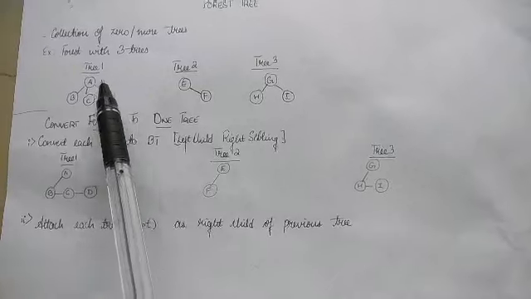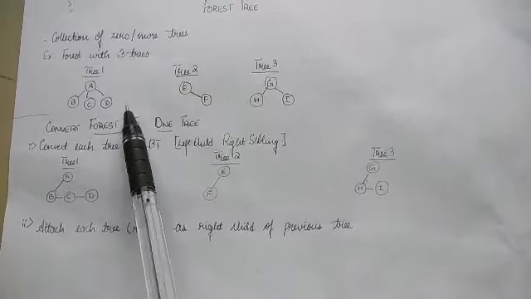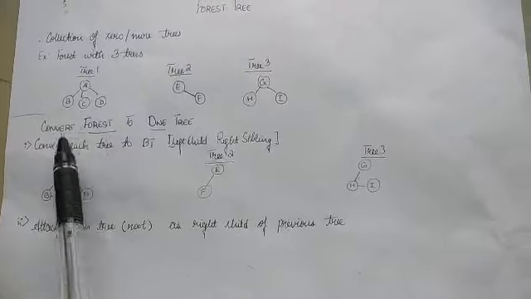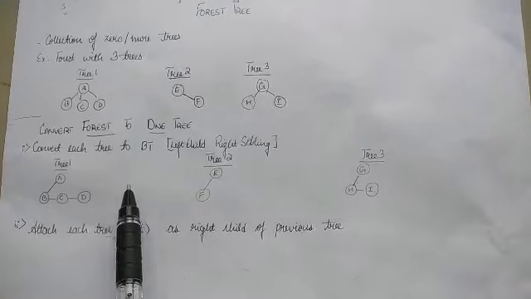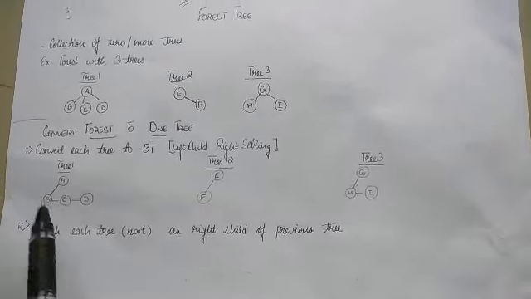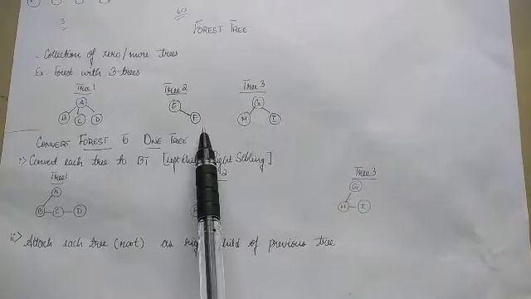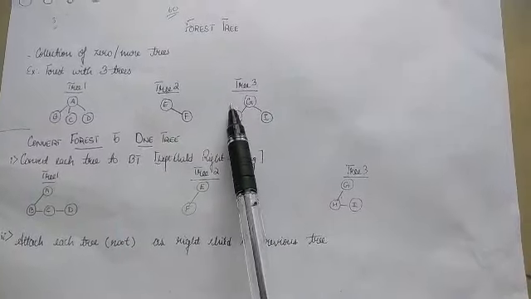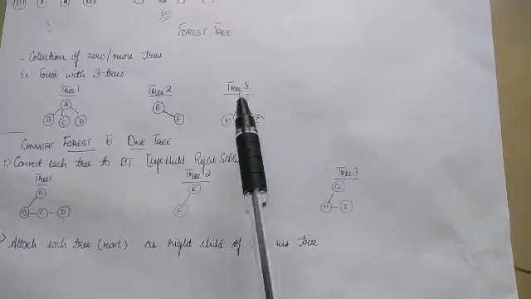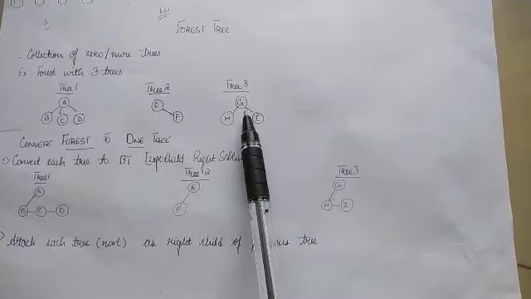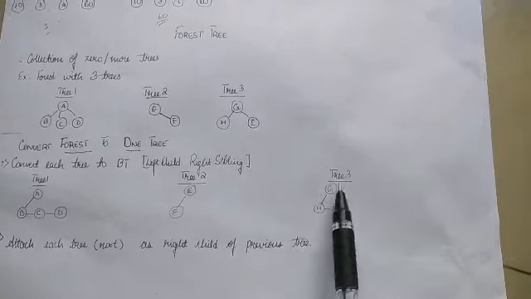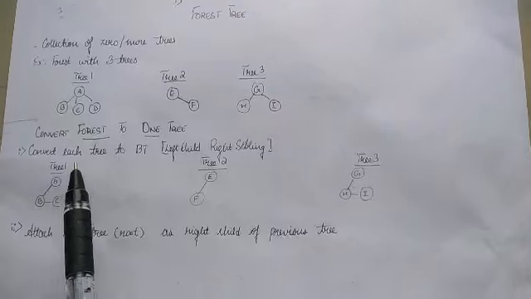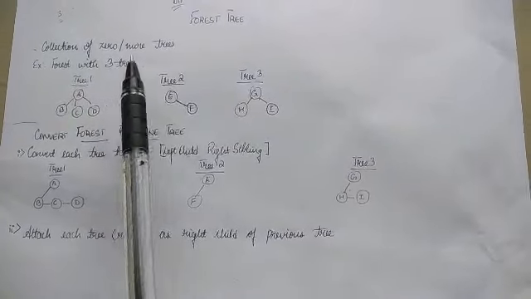So tree 1, root node is A, you write it here, and then B, C, D are the child nodes. So you make it left child right sibling. As the left child, you have B. Then you make the other two child nodes C and D the right siblings of B. Consider tree 2. It has only one child. So make F the left child of node E. Now consider tree 3. You have two child nodes H and I for the given node G. For G, you make H the left child and I the right sibling. So this is the left child right sibling for the given 3 trees.